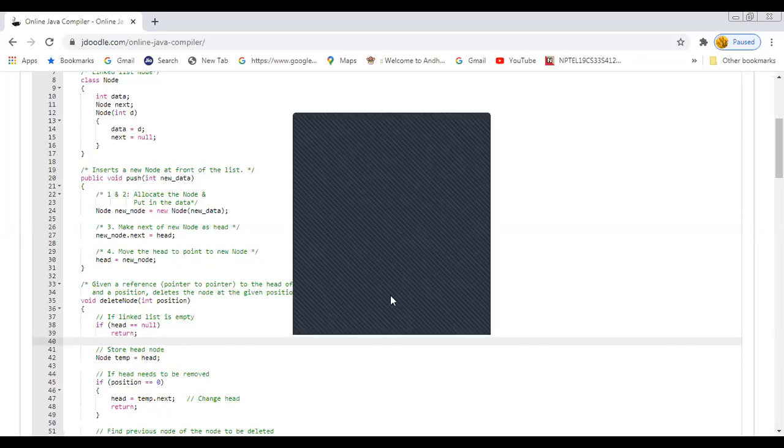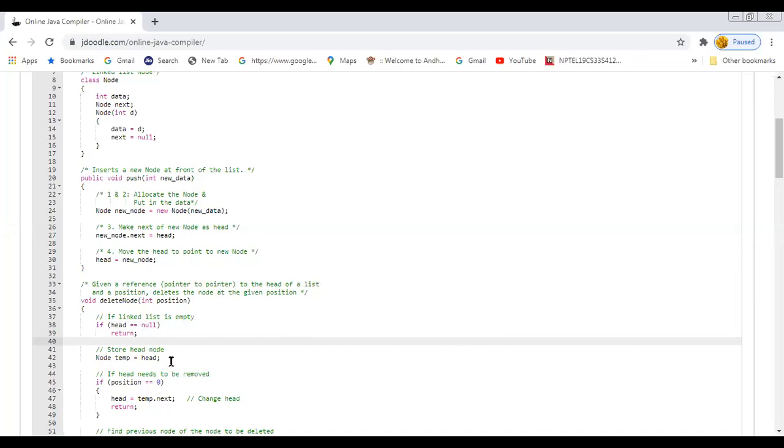If it is not the case, that means the list is filled with some values, so you have a linked list. Now we have assigned a temporary name called temp to the starting position of the linked list.